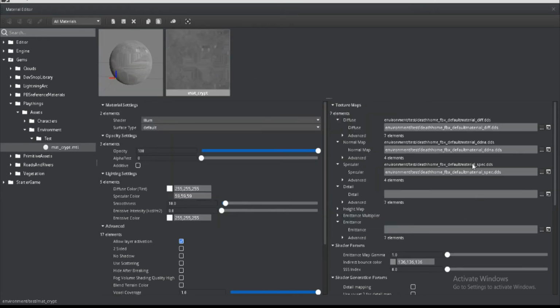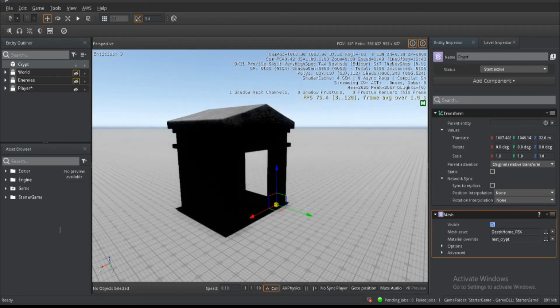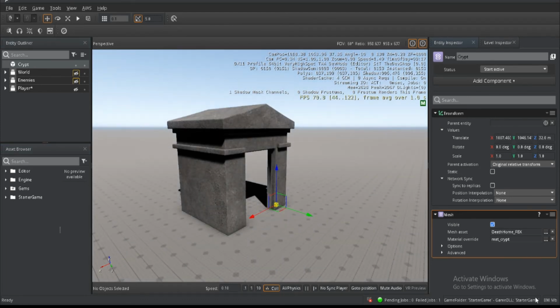Once you do that, and then you adjust any other settings that you might need or want, go ahead and save it. Create an entity for your model via the mesh component on said entity. On the material override on that entity, add the material that we just created. And voila! We have a new model